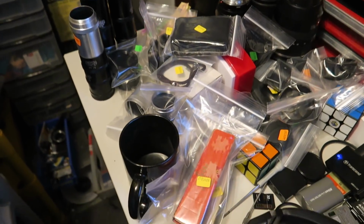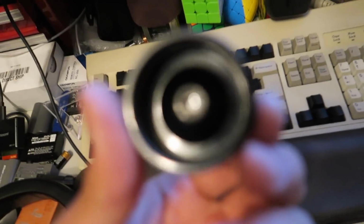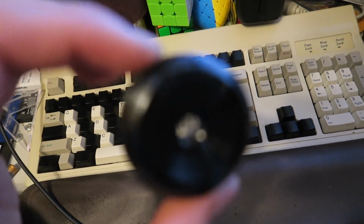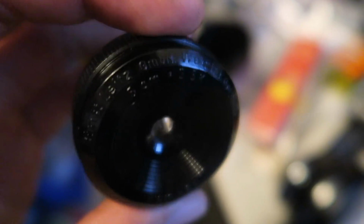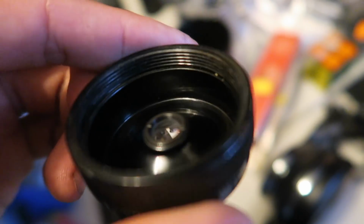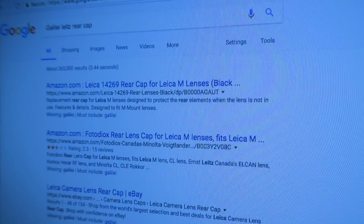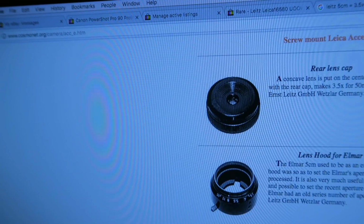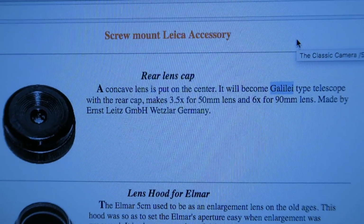Okay, it's a lot later here, just past 5 a.m. Just finished listing all the items here, except for this kind of weird rear lens cap, which I've been trying to identify for about 20 minutes or something like that. Pretty sure I did a close-up on that earlier, but as you can see right there, Ernst Leitz Wetzlar, and it's just a rear lens cap with a weird optic in it. So after doing a bunch of different searches, I was actually able to locate it. Unlike my last attempts to do it here on Saturday, after some searches, I was actually able to locate it, as you can see on a screw mount Leica accessory page,